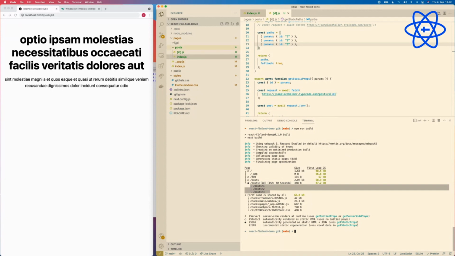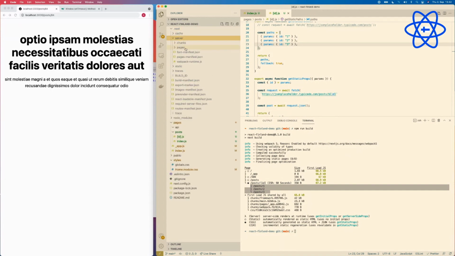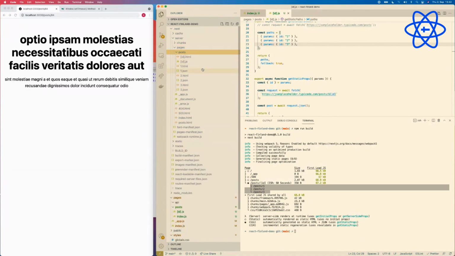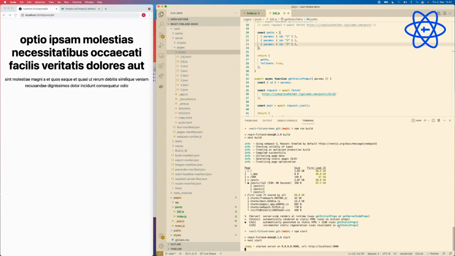So we have the 3 pages here, and then if we go to the server and pages, you can have only posts. We have only the 3 pages here generated for us, right? So if we go npm start and go to 84, for instance, now we have the page and it's generated and put to our server as well. So next time a user comes to this page, they will get the page statically served from the server instead of trying to fetch the information from the